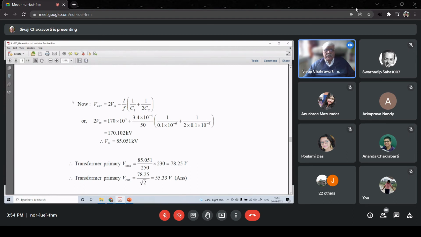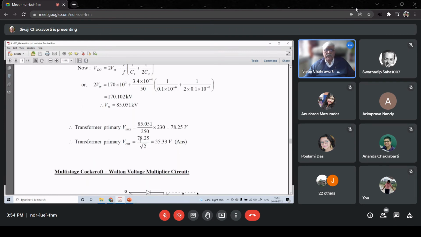Then already we have developed an expression. So VDC, which is 170 kV, to VM, we don't know what is VM, that we are going to calculate. F is known, 50 Hz. C1 and C2 is 0.1 microfarad. So we find VM